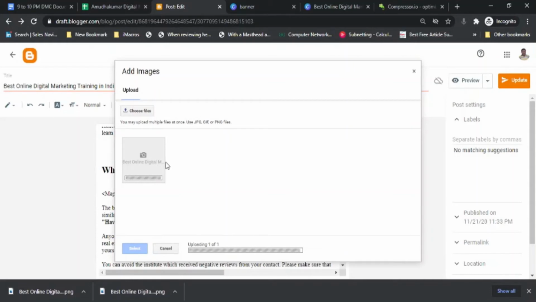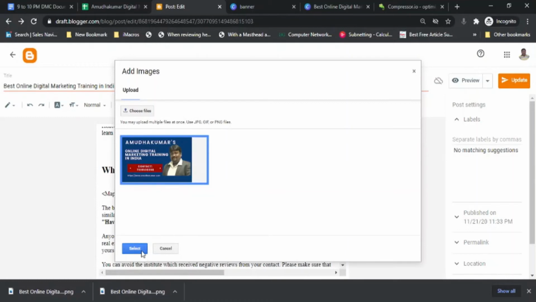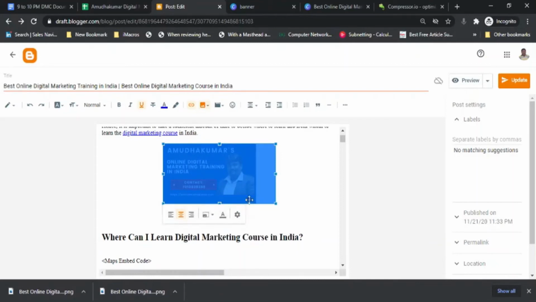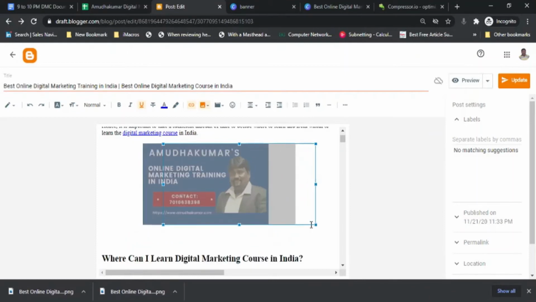Automatically the image will be uploaded to blogger.com. Yes, it is done. Now I click on the select option, so the image will go inside this one. I click on this and increase the image size. Correct.